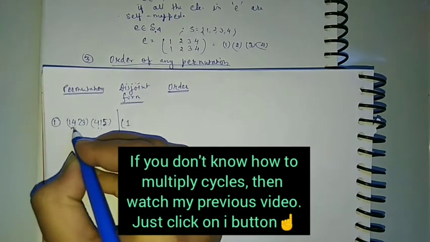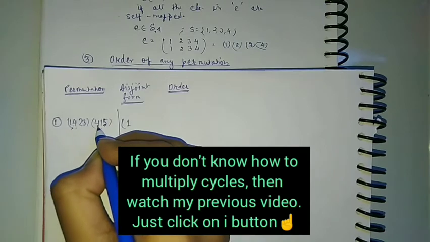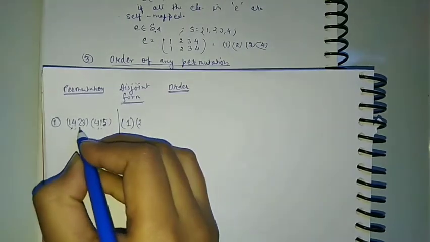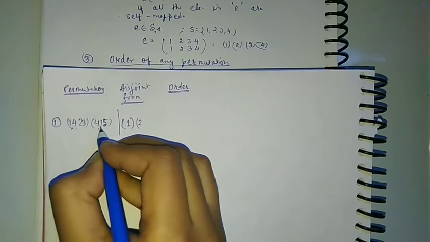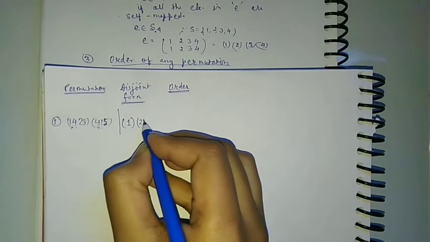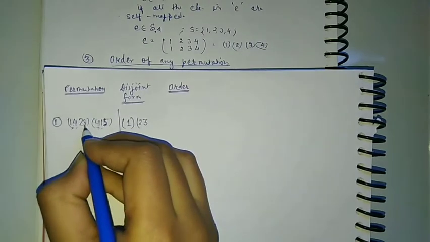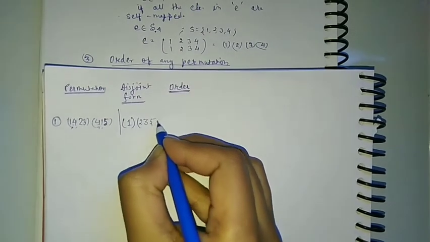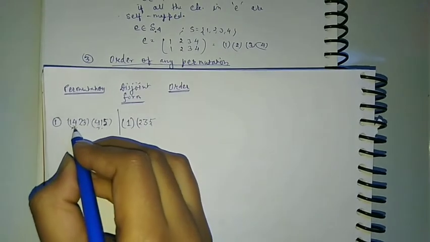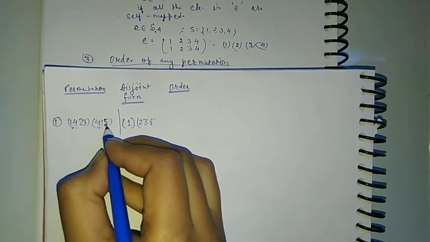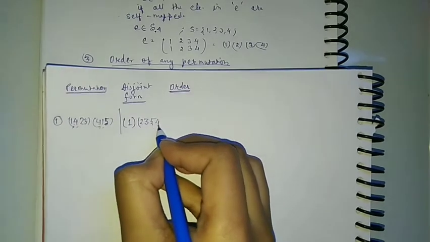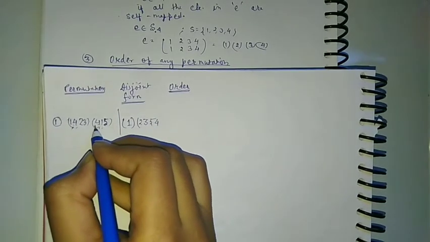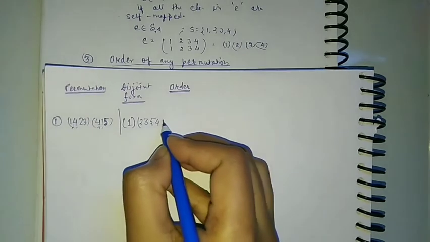First write 1; the image of 1 is 4 and the image of 4 is 1. So close. Now start with 2. The image of 2 is 3 and the image of 3 is 3. So write 3. Now the image of 3 is 1 and the image of 1 is 5, so write 5. Now find the image of 5. The image of 5 is 5 and the image of 5 is 4, so write 4. Now find the image of 4. The image of 4 is 2 and the image of 2 is 2. So write 2, but 2 is already here.